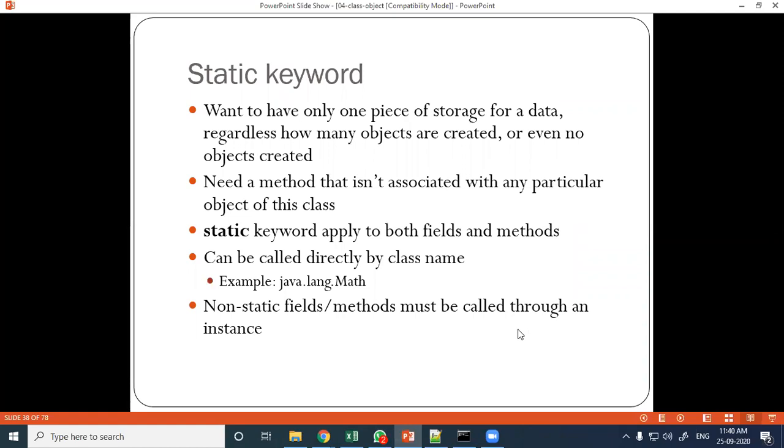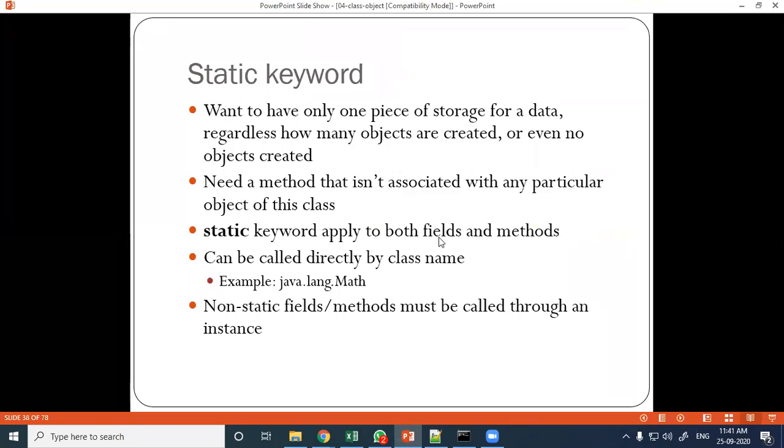Okay, so now here we will wind up the static keyword. We want to have only one piece of storage for the data, regardless of how many objects are created. Even if no objects are created, it will store one memory. We need a method that is not associated with any particular object. The static keyword applies to both fields and methods.